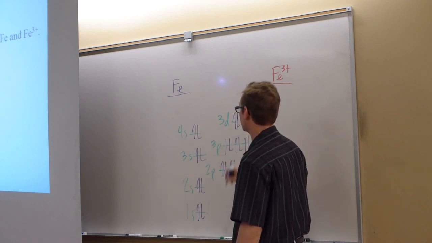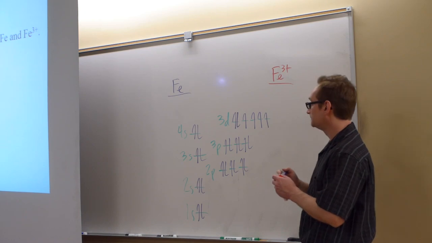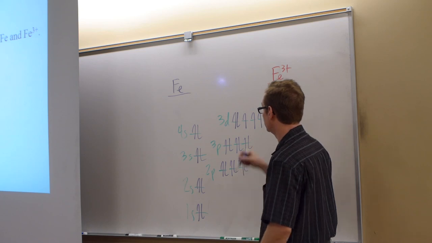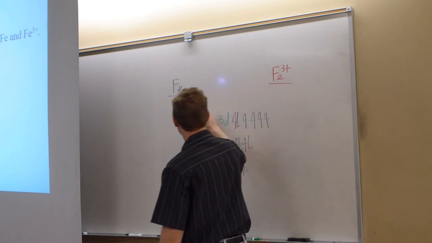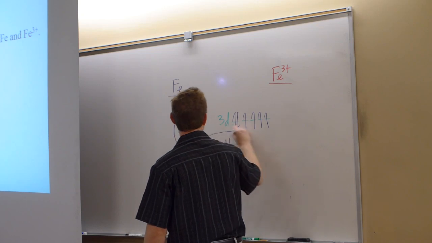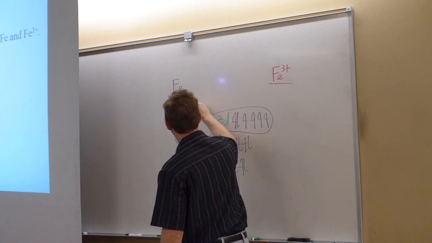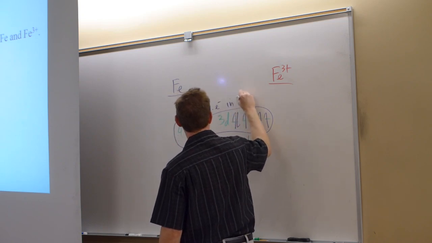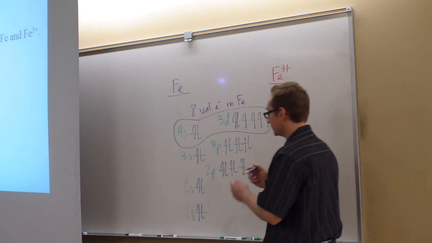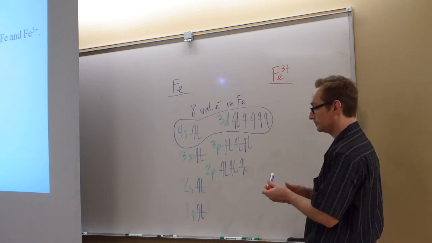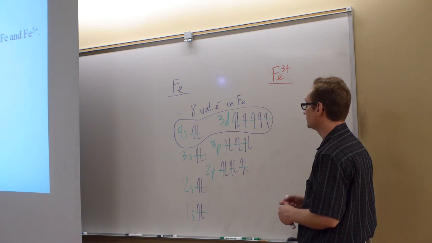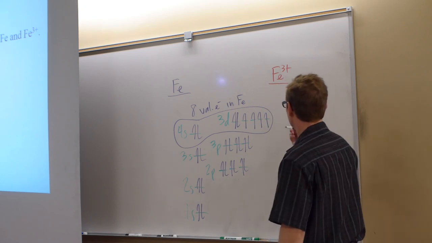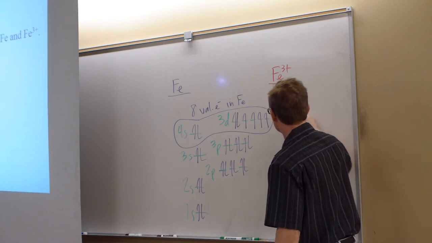The 8th valence electron has to go there. So 8 valence electrons in Fe neutral. Just to do the 4s and the 3d,